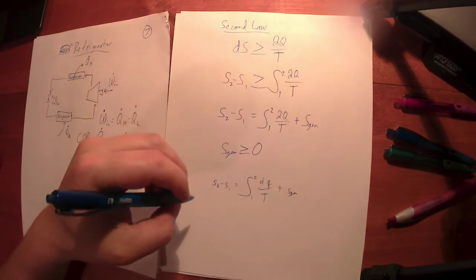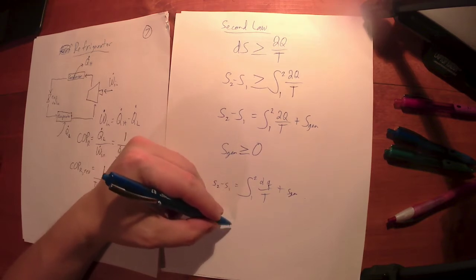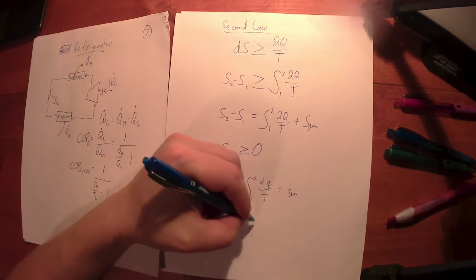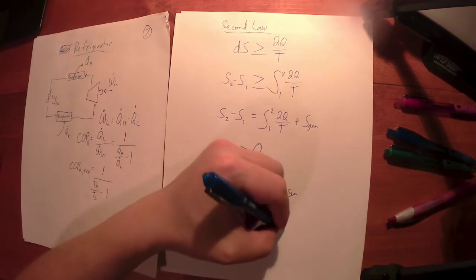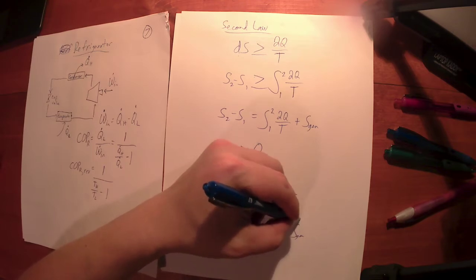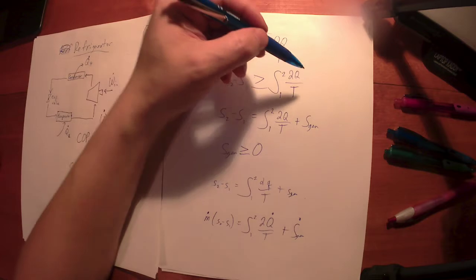I can always work this per unit time. If I want, I can say m dot times s2 minus s1 is equal to the integral from state 1 to 2 of del big Q dot over T plus big S gen dot, where all those are per unit time. So entropy is always energy